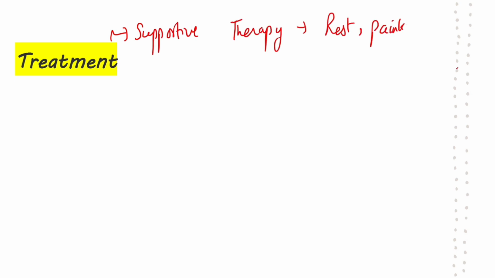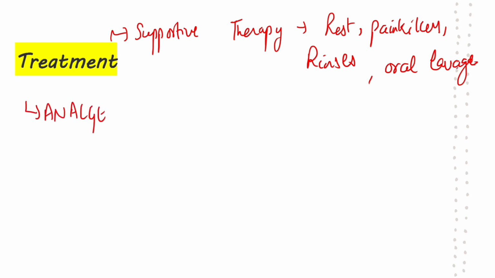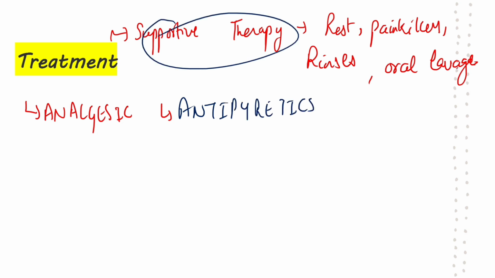Now, supportive therapy plays a crucial role in the overall treatment regime for primary herpes simplex infections. Supportive measures include maintaining hydration, allowing adequate rest, performing oral rinses or oral lavage, and simultaneously administering pain relievers or analgesics and fever relievers or antipyretics. Combining the antiviral agents with supportive therapy can help alleviate symptoms and promote faster recovery from the primary herpes